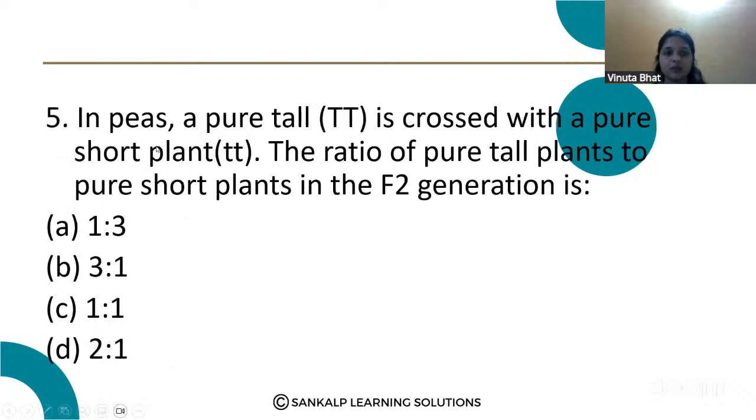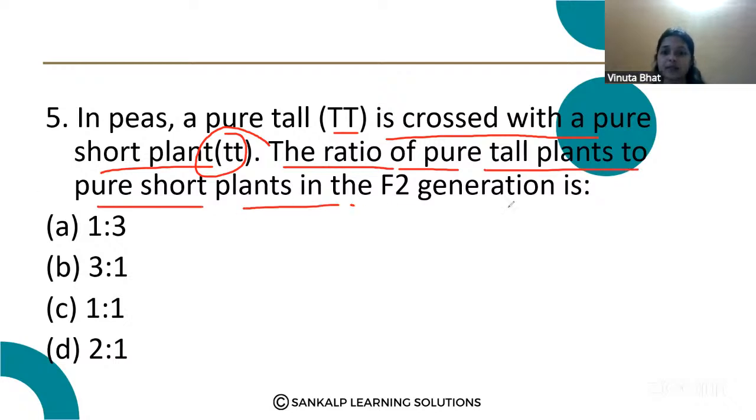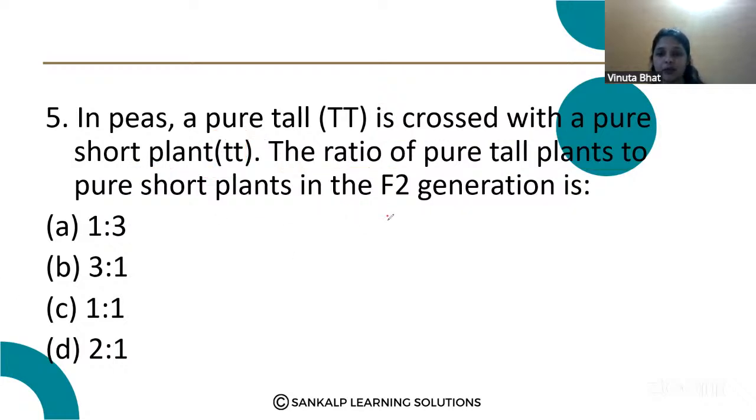Next question. In peas, a pure tall plant, that is capital T, is crossed with a pure short plant, that is small t. The ratio of pure tall plants to pure short plants in the F2 generation is. So just check Mendel's monohybrid cross experiment. When the pure breeding tall plants are crossed with the pure breeding short plants,